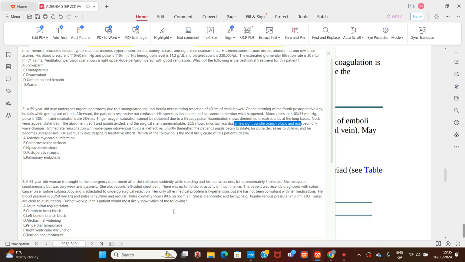Further workup of this patient will likely show which of the following? Is she going to have right ventricular dysfunction, right? That is very correct. There's going to be right ventricular dysfunction because this is pointing towards massive pulmonary embolism that this patient has developed. We can see the chest pain might be due to the hypertension. So that's like a distraction. So this left chest pain is due to the hypertension, the left ventricular hypertrophy, but the fact that she has